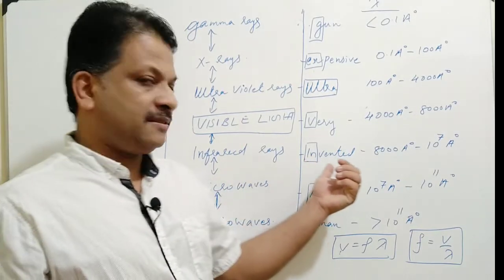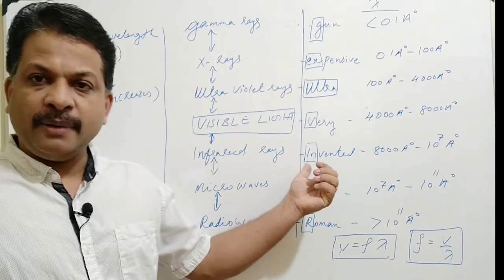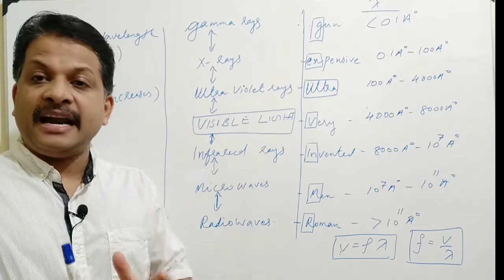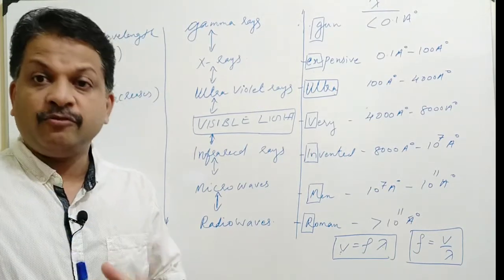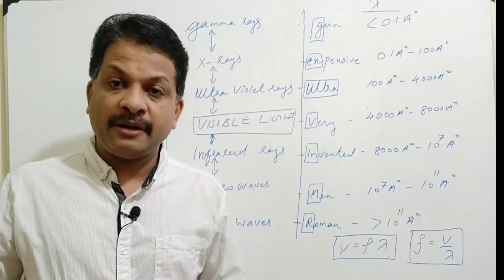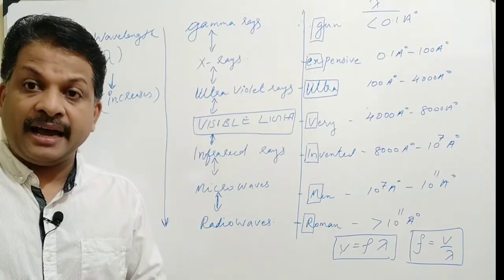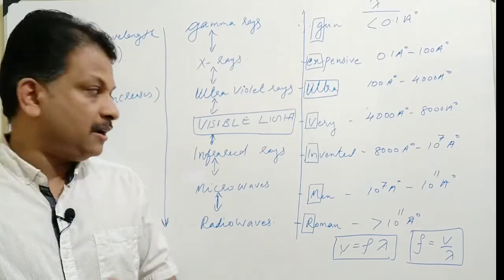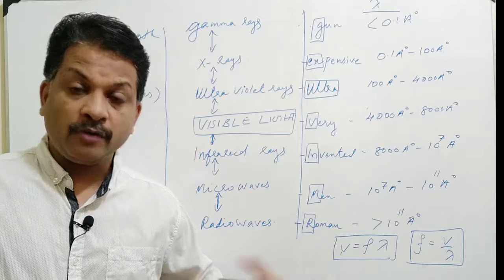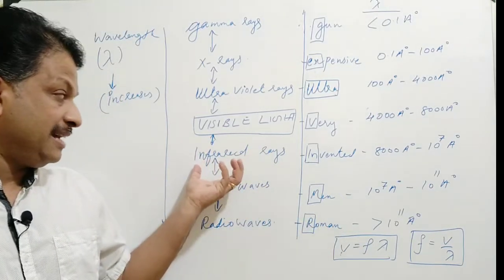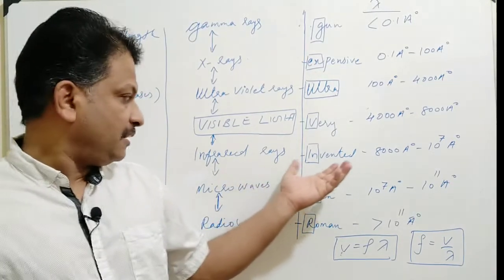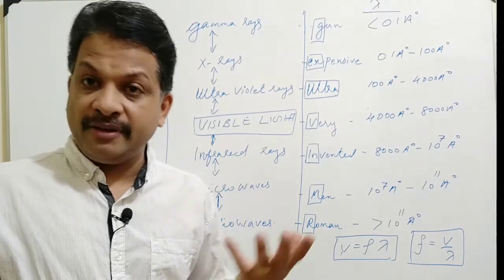Infrared rays are detected by thermopile or blackened bulb thermometer. Infrared radiations are emitted from hot bodies, flame, fire, etc. Infrared radiations are used in night vision cameras, for photography at night and in misty and foggy conditions. Infrared radiations can travel a longer distance without being scattered or absorbed by the atmosphere. That's one of the important characteristic properties of infrared rays. Infrared rays are also used in the remote controls of various electrical gadgets.